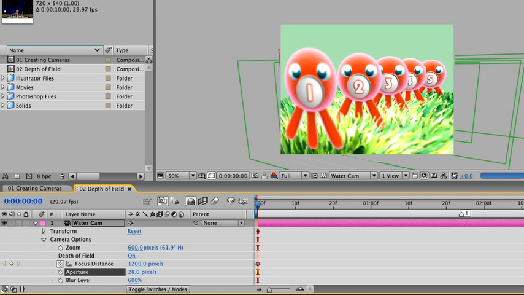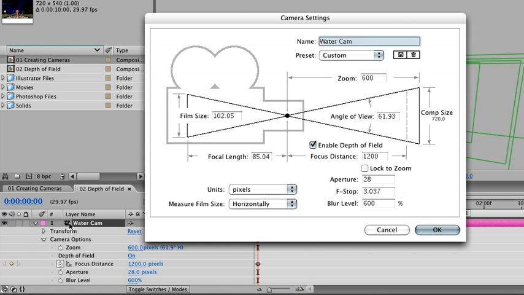Now, if you're more familiar with f-stop, you may want to change it using the dialog box. So instead of changing the aperture here, let's double-click on the layer for the camera and bring up our camera settings. Here we can see there's a dialog box for both aperture and f-stop, but because they are both linked, by changing the aperture value, we can see that the f-stop has been updated to reflect the difference in